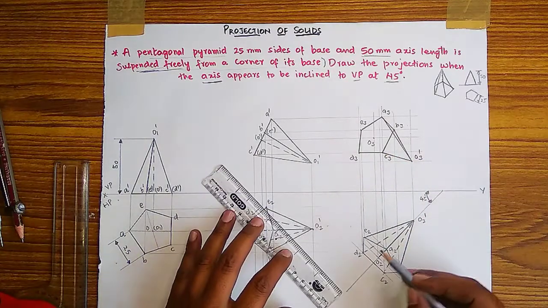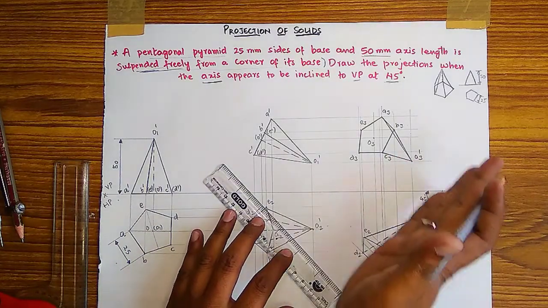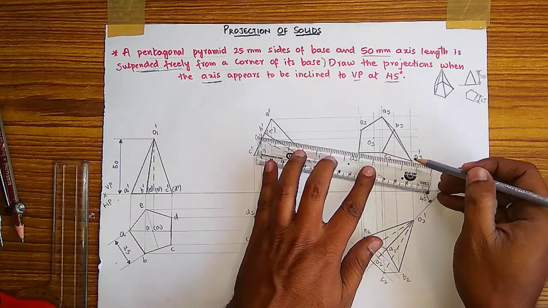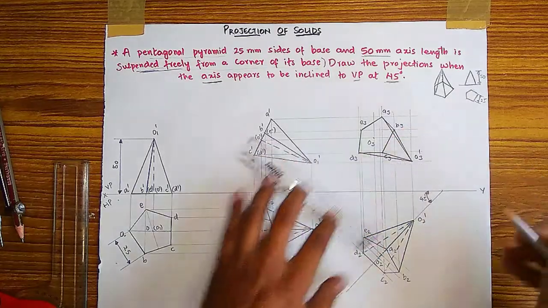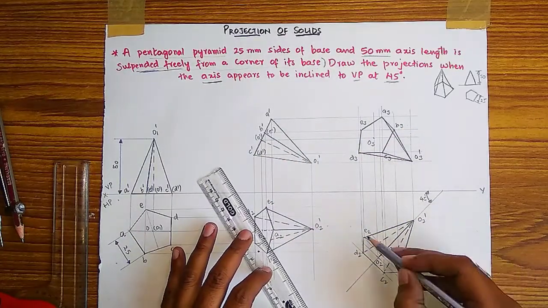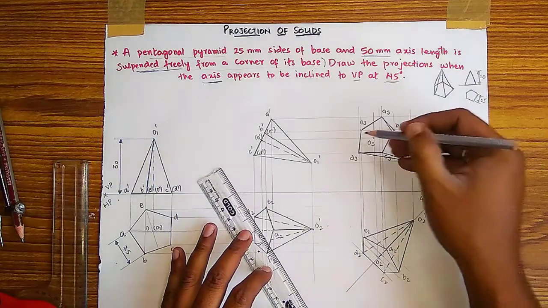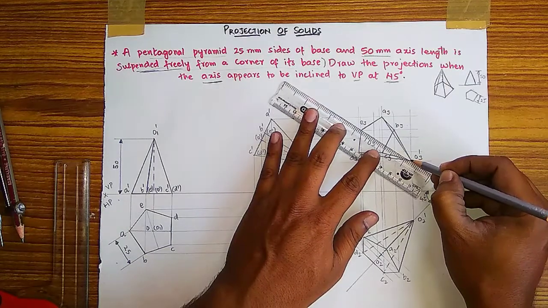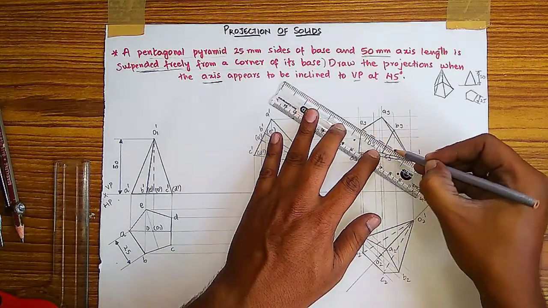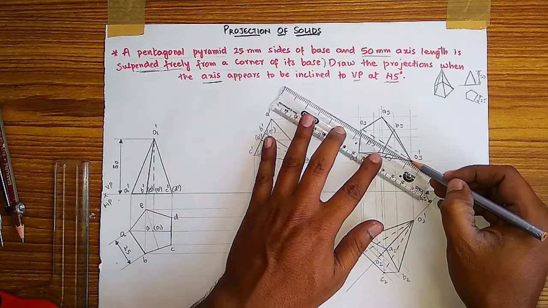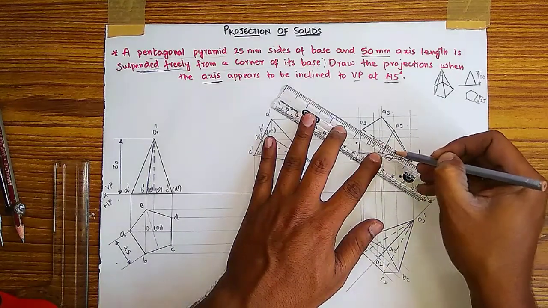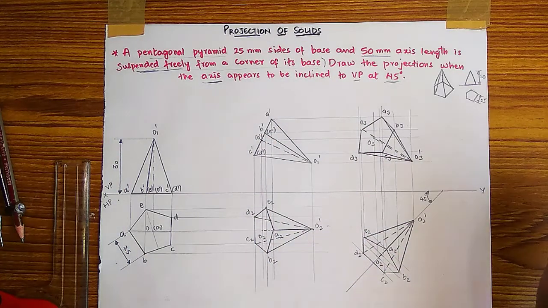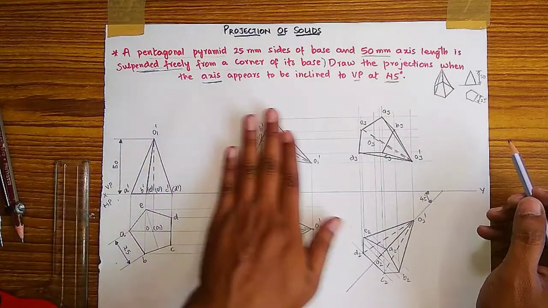I have done it dark. Now D to O is not visible. The angle's half portion at the backside is not visible. D to O, here you have to do it dark because here it is coming on the boundary. Now next, E to O is not visible from downwards. It is not coming on the boundary. It is inside the figure. So you have to do it dot dot. Then the remaining axis line you have to draw like this. Now this is the complete solution for the pentagonal pyramid. First position, second position, third position.